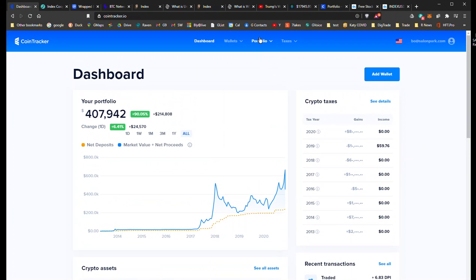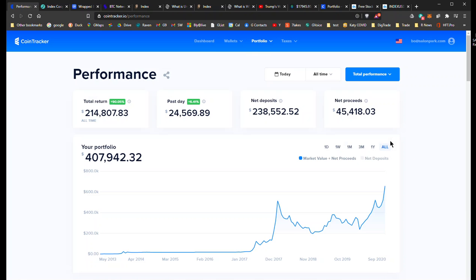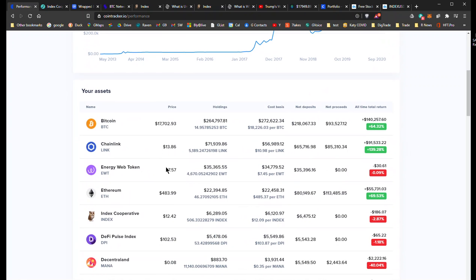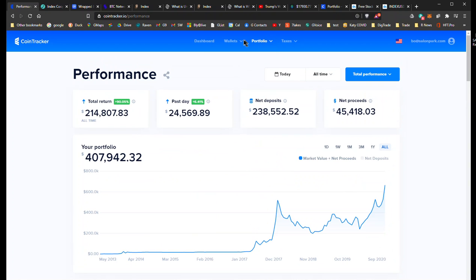So if I was to go in and look at performance, they can show you what my cost averages are. So like in Chainlink, I've got 139% profit. My cost average is 10, price is 13. And this is all in one place, and I've got a crap load of wallets in here. So if I was to go to my wallets,